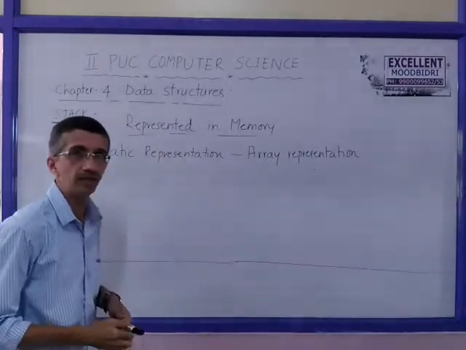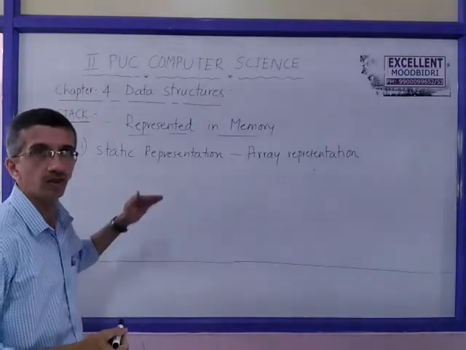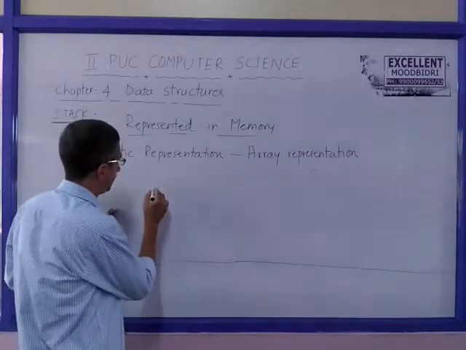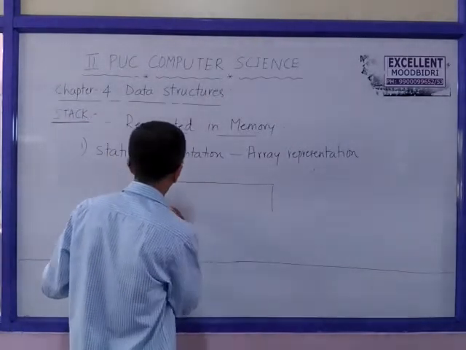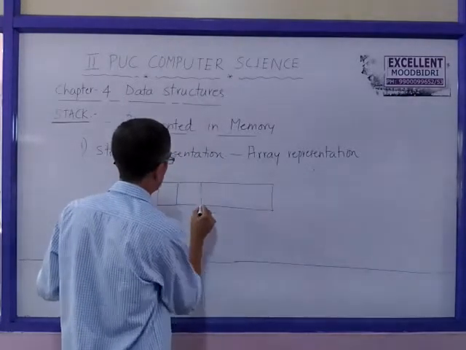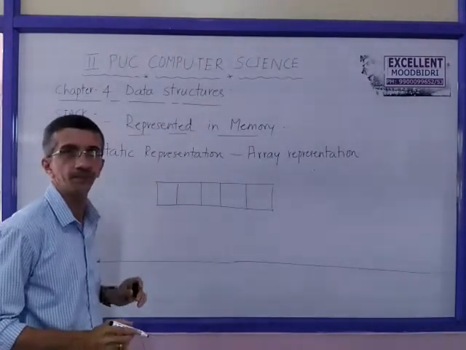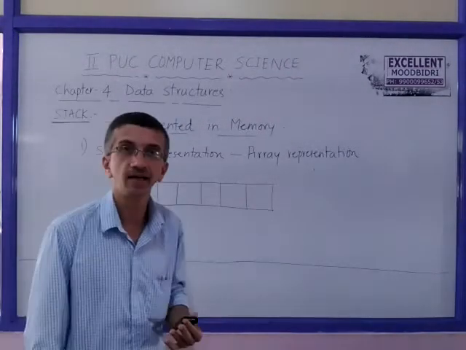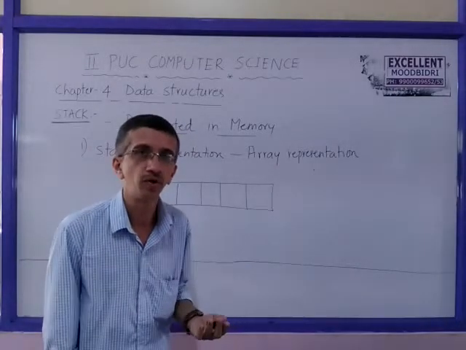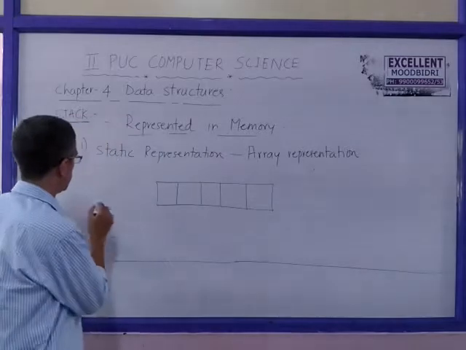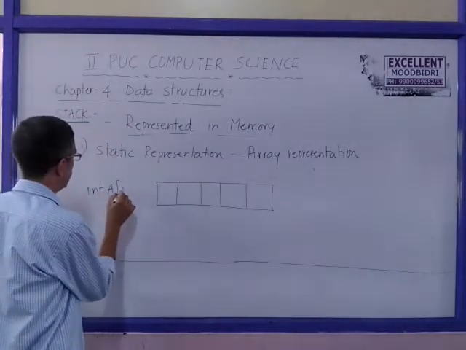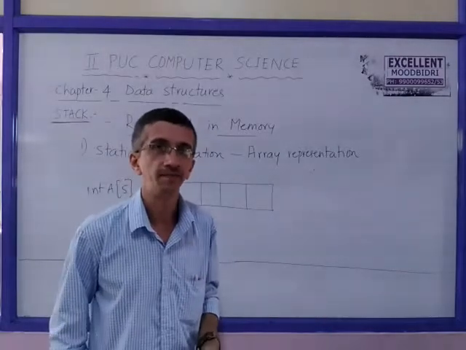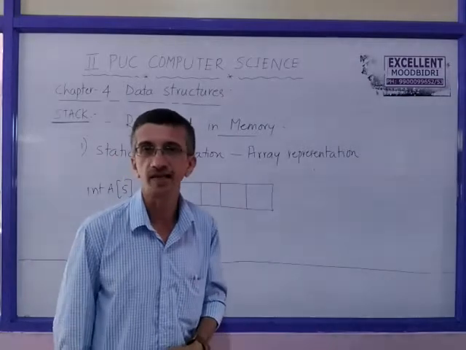Now when you draw the memory layout using an array, the array is used to represent a stack. How is that? We will see. Let us take an array of 5 items. Now, when we just created the array, we say the empty stack is created. What do you mean by creating an array statically? We have allocated memory so as to store 5 items. Suppose like this, int a of 5. So far we have not inserted any item into that.